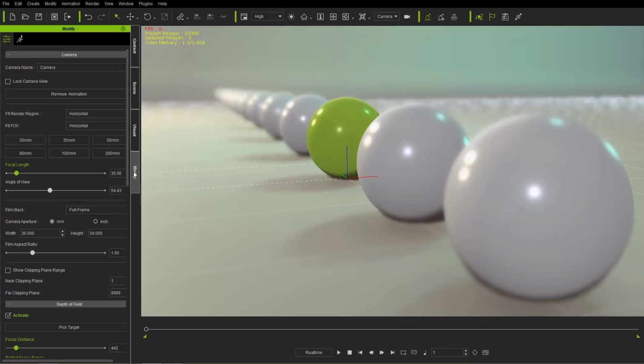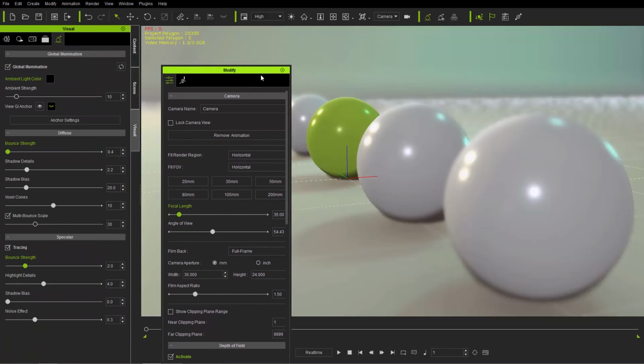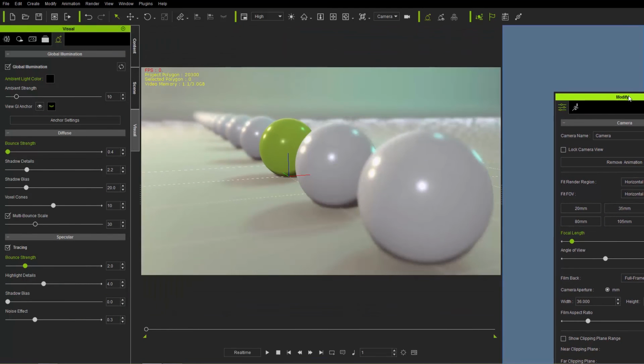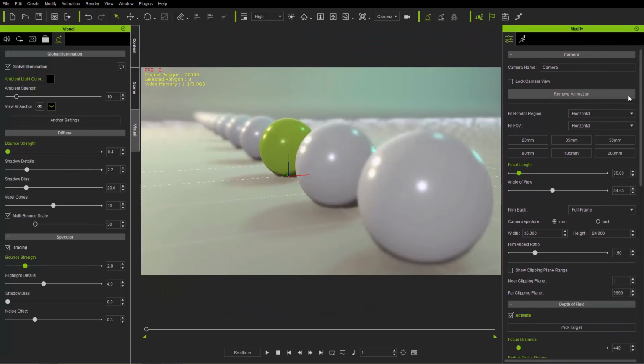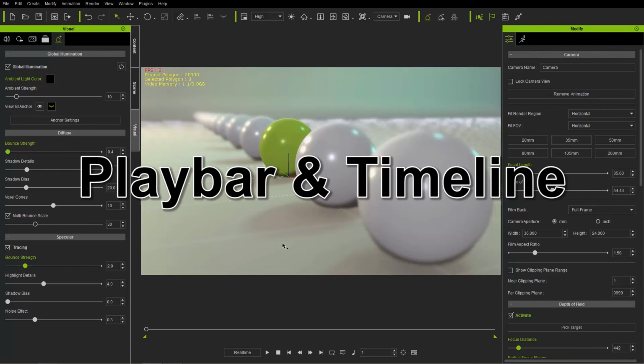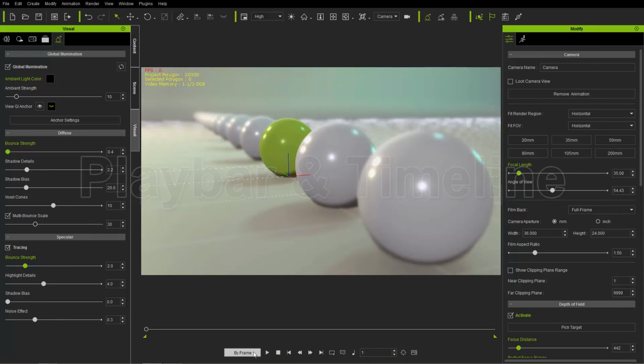So we can click and drag the modify panel. We just need to actually go to that tab up here and click the modify panel and bring it over to the right side. You'll see it'll highlight. You can just click and it'll pop right back over there. Okay, down on the toolbar here, we have the option to toggle between real time and by frame, which is useful for when you're dealing with physics.